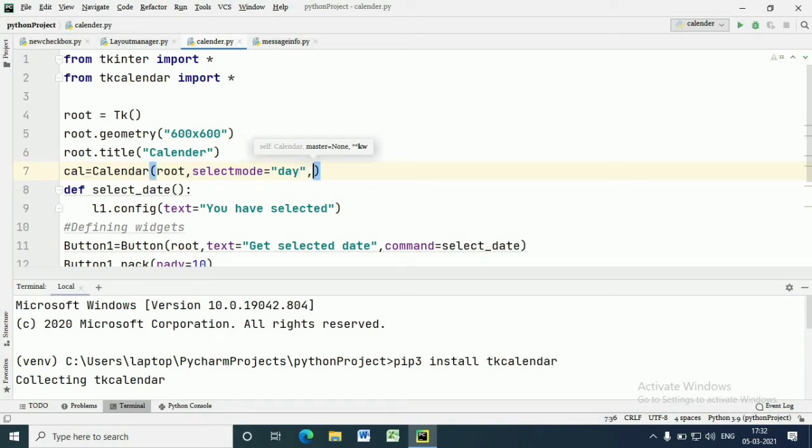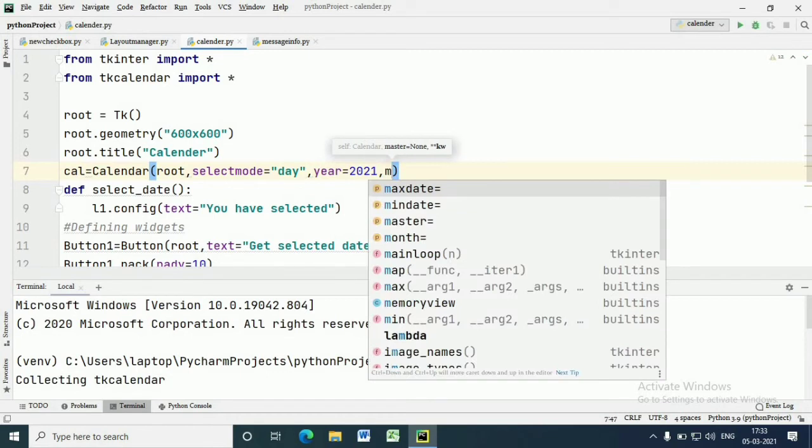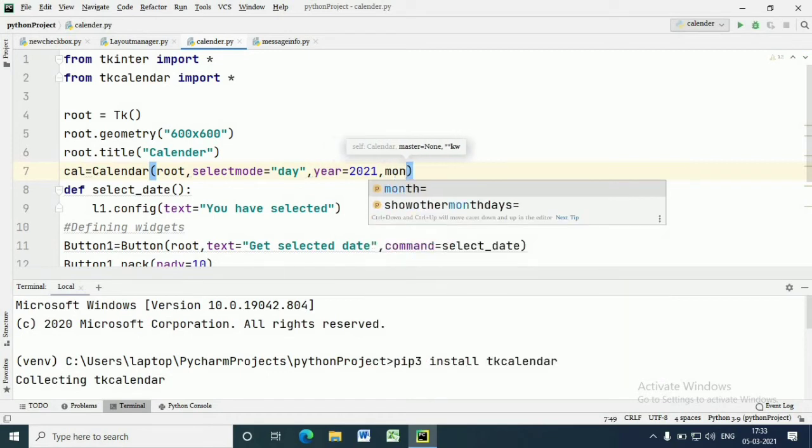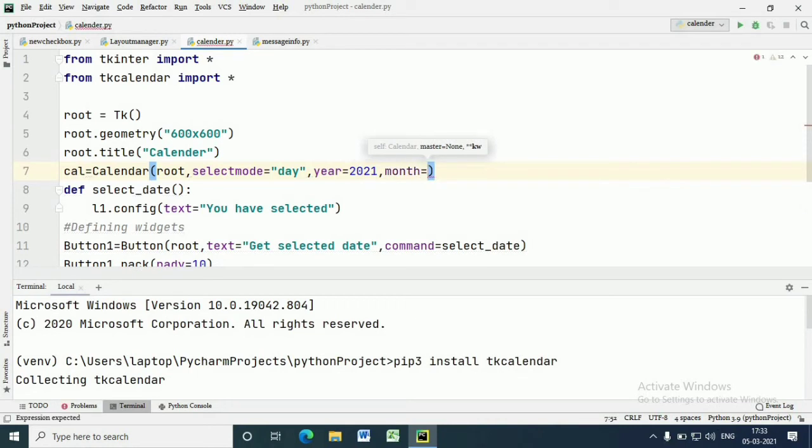Whether the user can change the selected day with a mouse click or not is decided by this select mode option. If select mode is day, it will return a string corresponding to the selected date, else it will return an empty string.